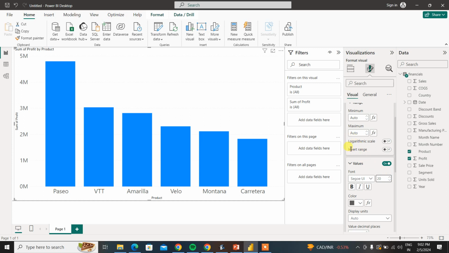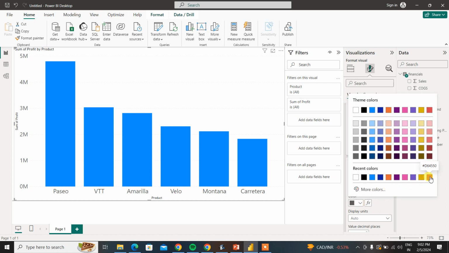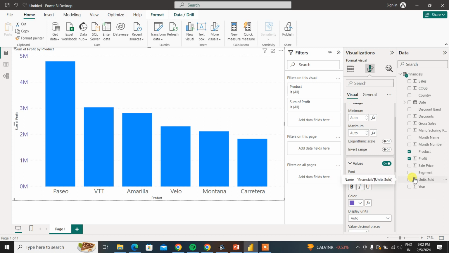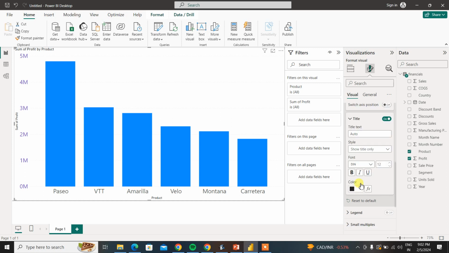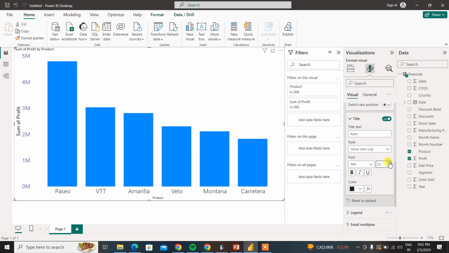Now what I have to do, I have to design the format. I want to see those in a different color, so the color will be changed. So see the y-axis, the sum of profit will be changed as per the color. Now we want to change the value display unit. We can change the title also. Now I want to change the title size, title as 20, and title text as profit